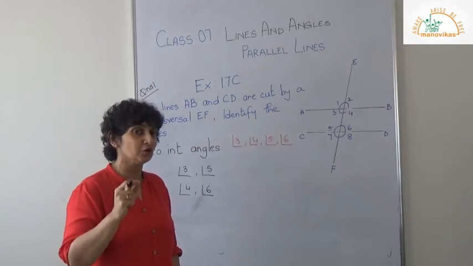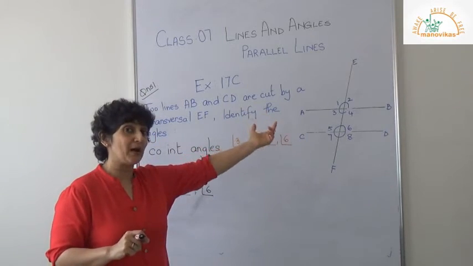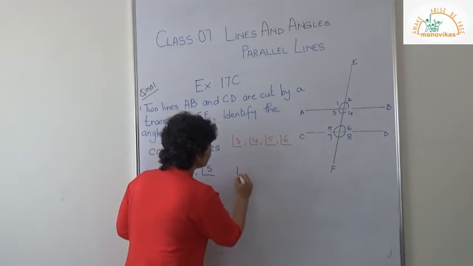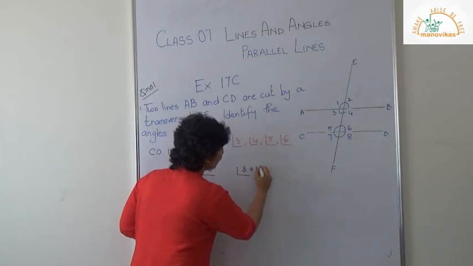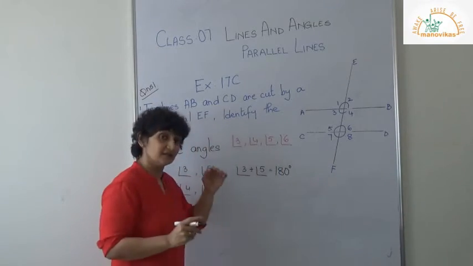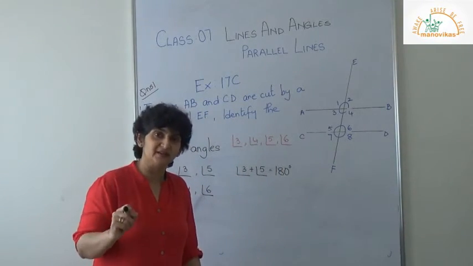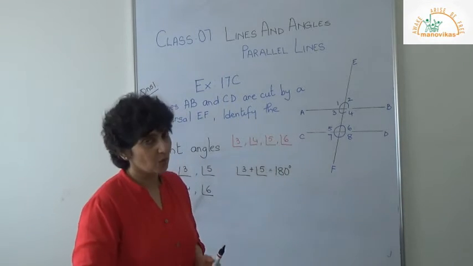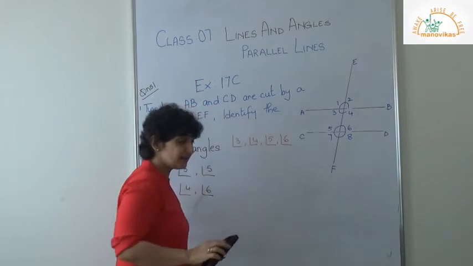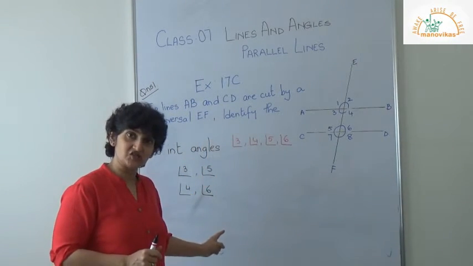And as per the rules, when you have two lines, if they say they are parallel, what is the condition, children, in co-interior? Angle 3 plus angle 5 will be equal to 180 degrees. The sum of the co-interior angles is always supplementary. Supplementary means 180. You needn't do this here. I just brushed up your previous rule. I hope you have understood these.